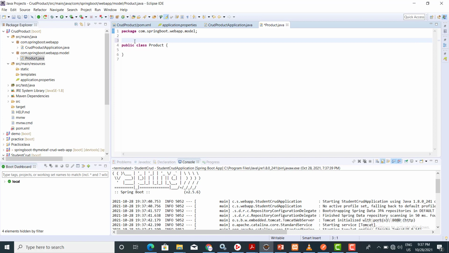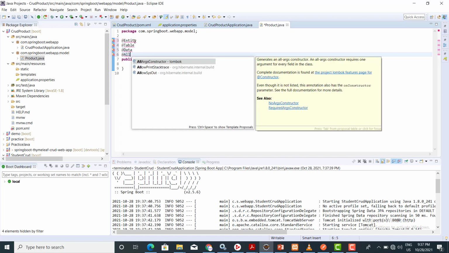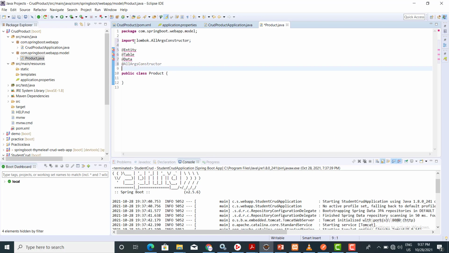Now here we want to add some annotations. As I am going to create a table, so I am taking annotation as Entity. After that I am going to add annotation Table. After that I want this annotation, that is Data. After that I am adding AllArgsConstructor, and I am adding NoArgsConstructor.